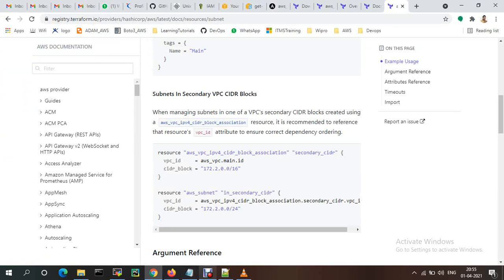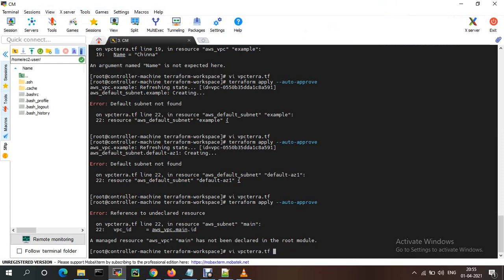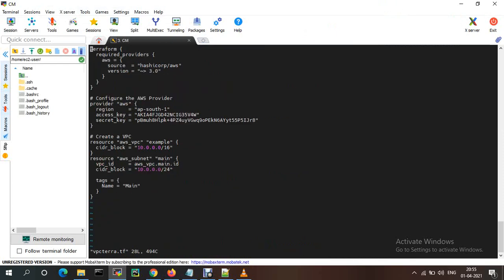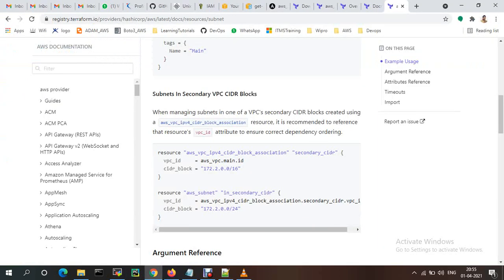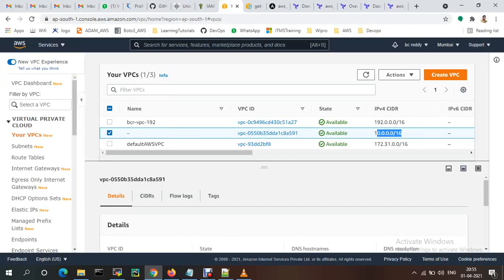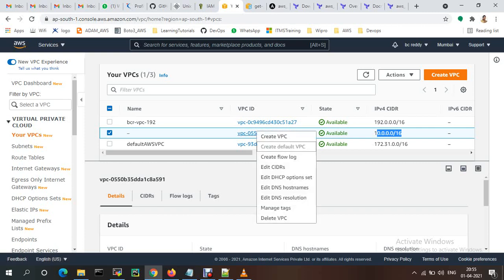So we just need to copy the VPC ID. Let me copy that one. The VPC ID is like example, right? I'm just copying this ID.